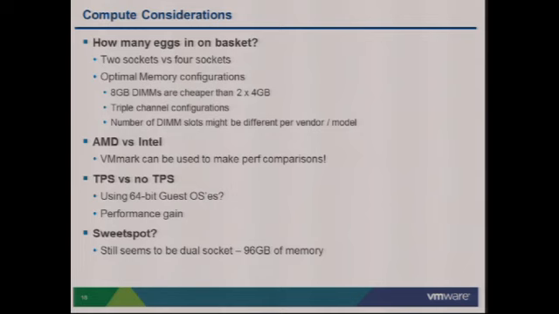In this case, we were starting to use 64-bit operating systems. And those 64-bit operating systems more or less forced the hypervisor to start using large pages. As soon as we started using large pages, we weren't doing any transparent page sharing anymore, which meant that the use of memory went up, to my surprise. It stood out, and it took us a while to realize why it happened. We had to train our customers explicitly on that as well, to make sure they understood that we weren't actually consuming more memory. It was just a change in behavior of the vSphere layer. And we could actually revert that as well if you wanted. So there's a lot of options and a lot of stuff you need to take into account.